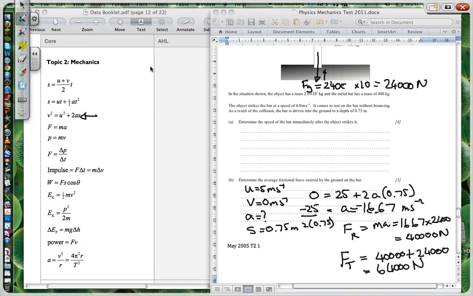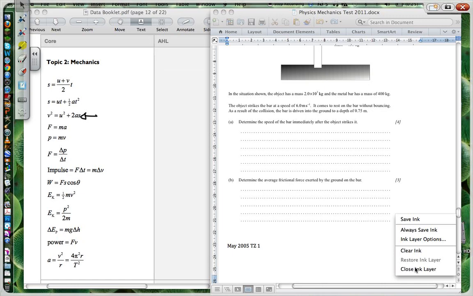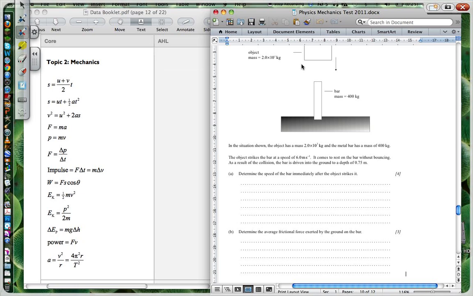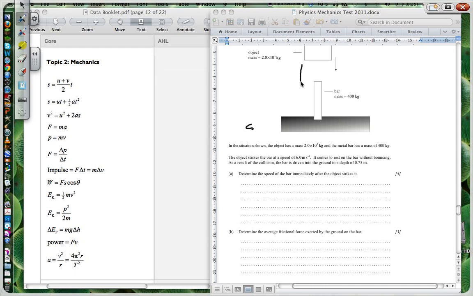Now I'm actually going to do it another way also, just to talk to you about the whole idea. We can also use energy considerations for this. So at this position over here, let me bring this back a bit here. I don't know what's not working now. It's such a pain. Let's see if it'll work now. There we go. Alright, so at this position over here, if we look at energy considerations, we've got this total